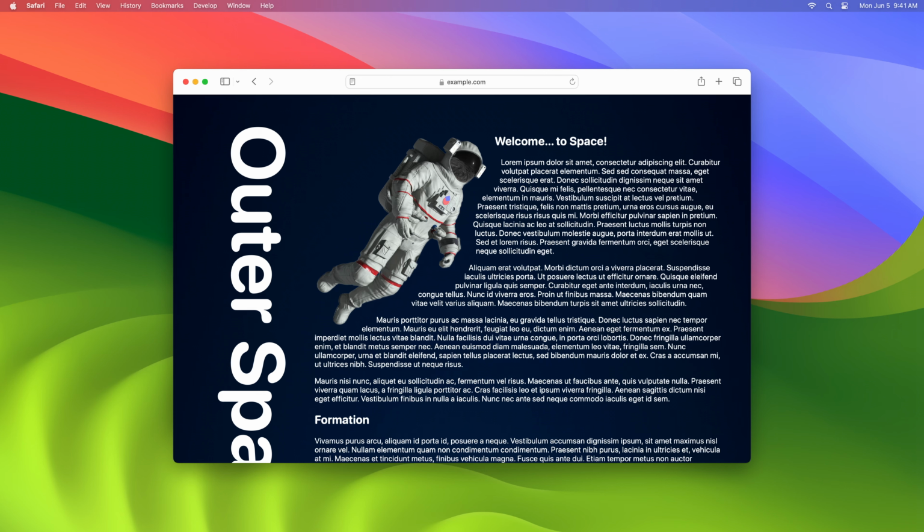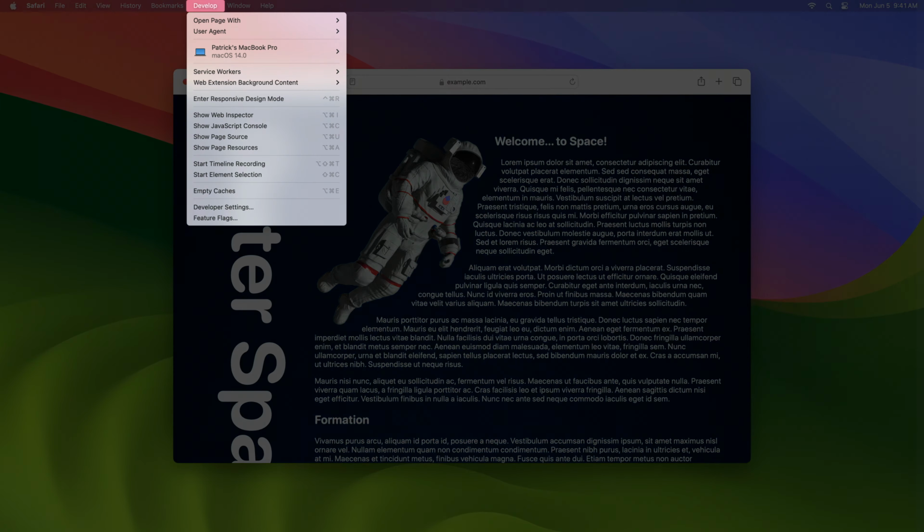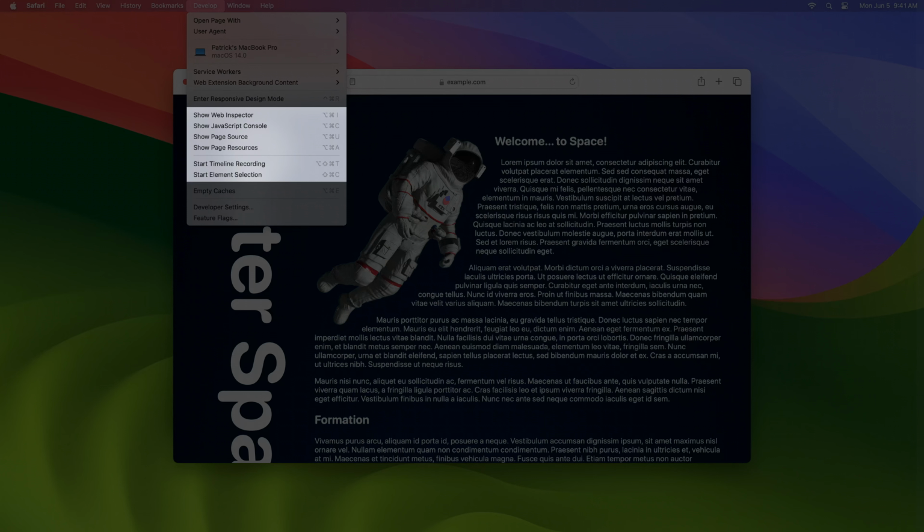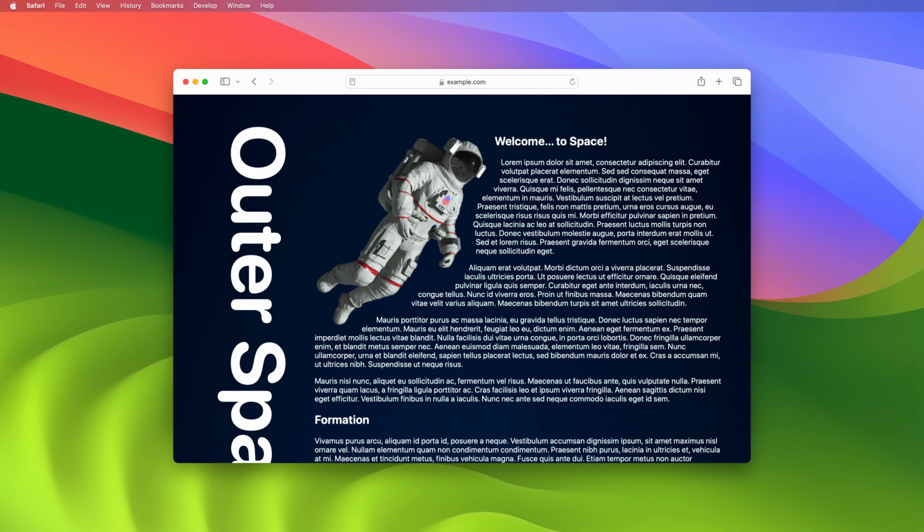There are two ways to quickly open Web Inspector to inspect a page you're working on. The first is in the Develop menu, which we've rethought this year to make it easier to find the key tools available to help you while designing and developing web content. There are several items in the menu that can open Web Inspector straight into a tab or task. Since I just wanted to open Web Inspector and not jump to a specific tab, I would choose Show Web Inspector here. But there's another convenient way to open Web Inspector I want to show you.